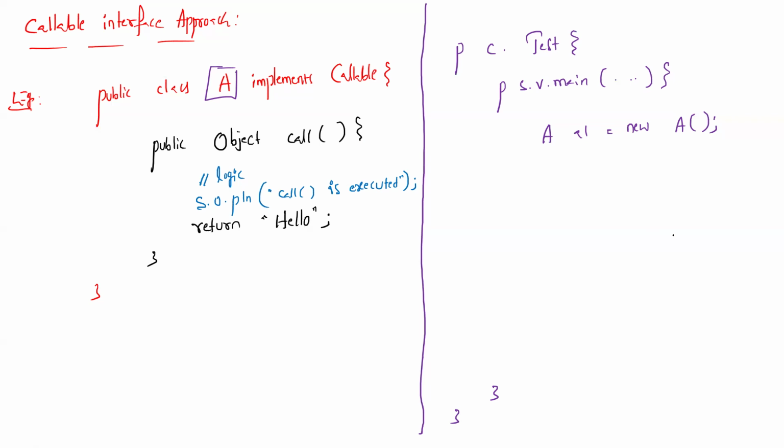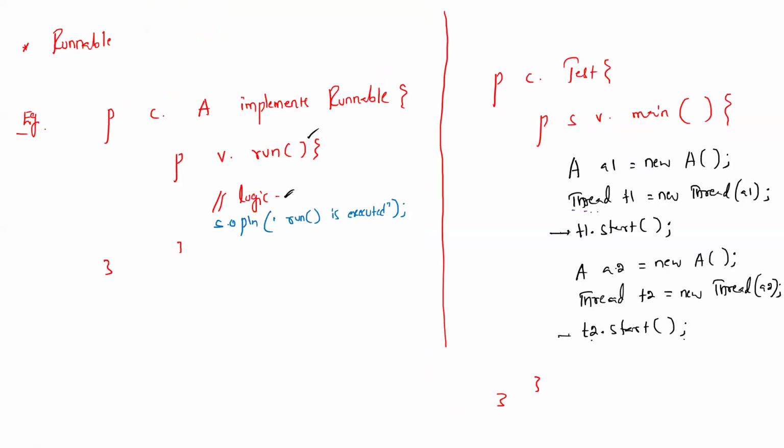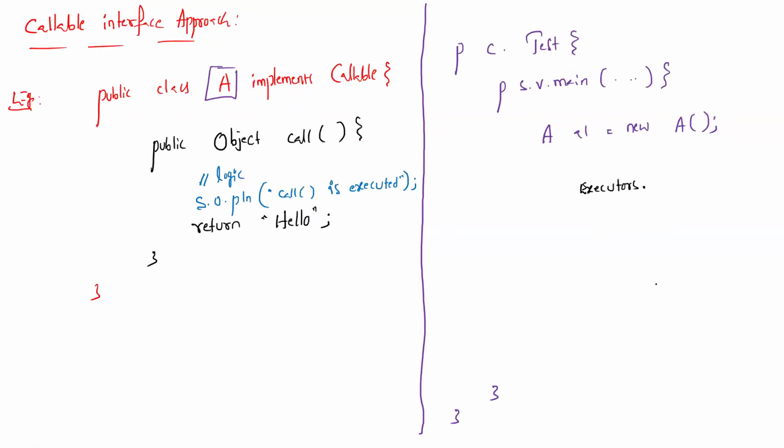What is the first one? Here, there is a class called Executors. There is a predefined class in Java 1.5 in the java.util.concurrent package called Executors. What is the purpose of this class? This class has a method. Previously, to generate multiple threads, we were writing the thread object multiple times, connected to the implemented class reference. But here, directly we have a method called